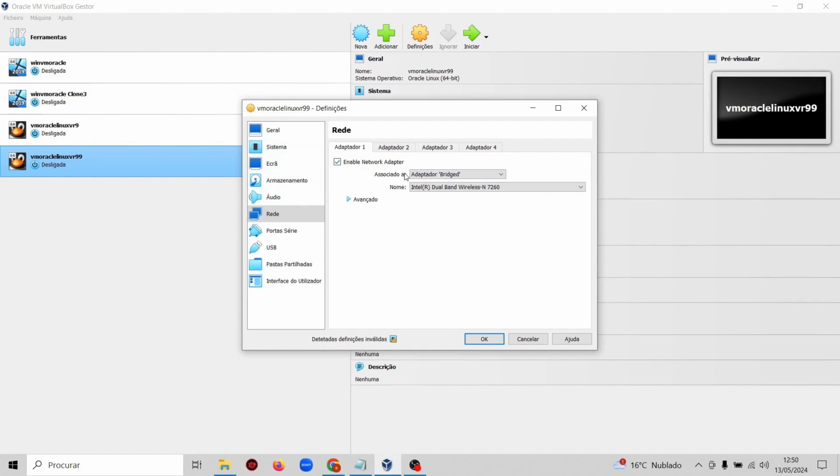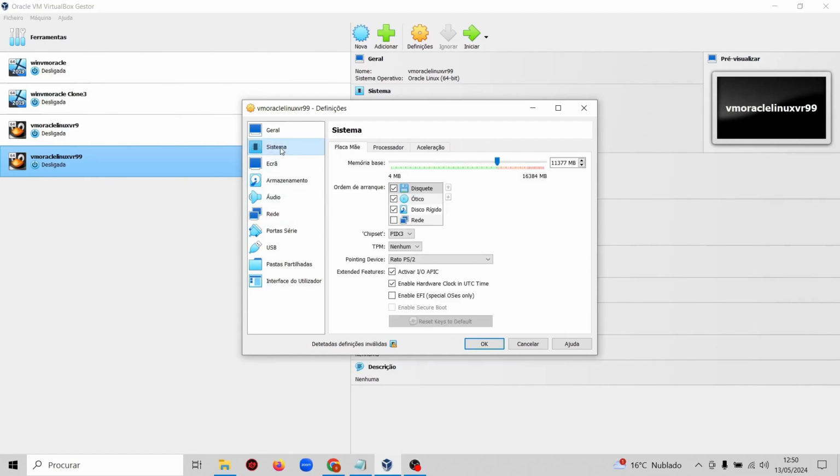Besides this configuration, let me see if there's anything else here. Look, here in System, you're going to disable this floppy disk option for this virtual machine to boot from the floppy disk, because there is no floppy disk, okay? So this allows for a faster boot. Windows won't have to keep looking for a floppy disk here, checking if the operating system is on the floppy disk,